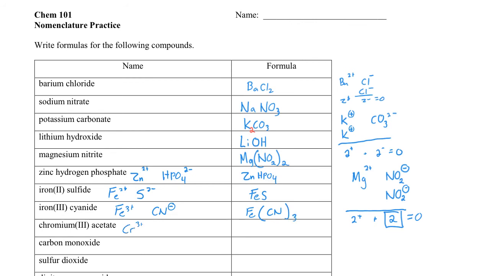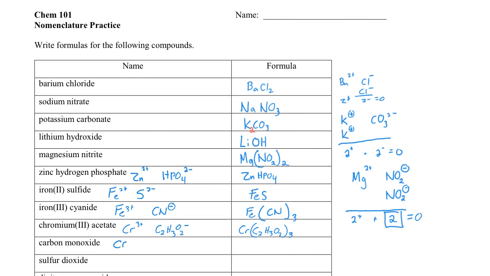Chromium 3 acetate is chromium with a 3 plus charge, and acetate. Acetate is C2H3O2 with a -1 charge. So we need to have 3 of these acetates for every 1 chromium if chromium is in the 3 plus state. So the formula would just be Cr with C2H3O2. We put that in parentheses and then subscript it with a 3 to make sure we have the right